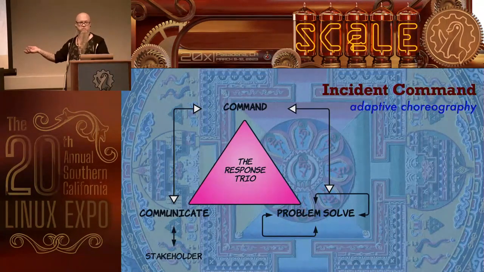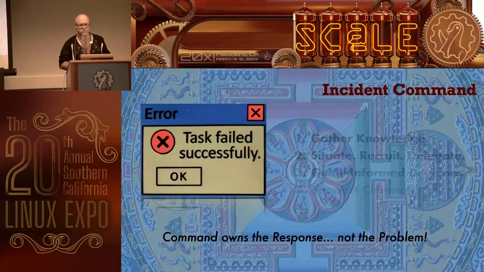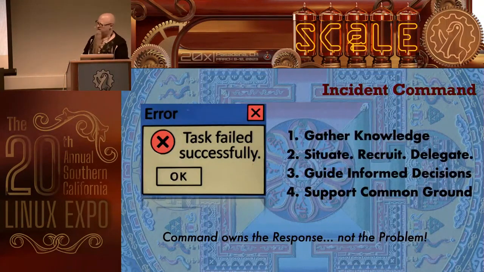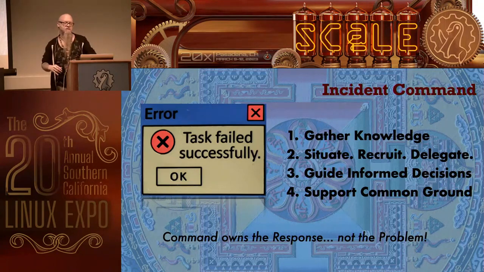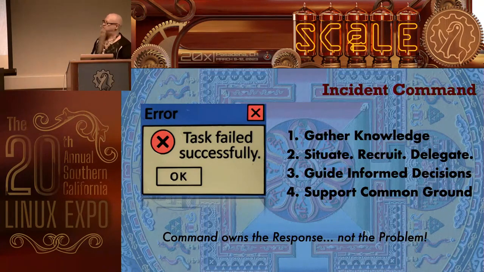is the communications role. So quickly, I want to go through this. When we're doing the trainings, I'd like to go through each of these separately, and each of these actually explodes out into its own mini slide in the trainings, but I'm just going to go through this in a summary way. The most important thing about this slide, though, is the bottom. The command owns the response, not the problem. The problem solvers own the problem. Command needs to let those people solve the problem.